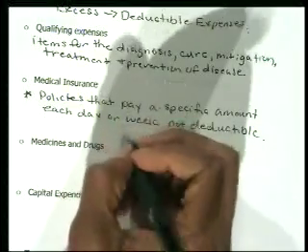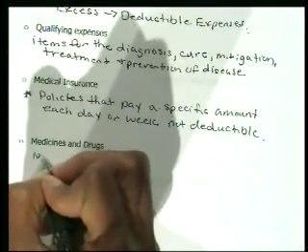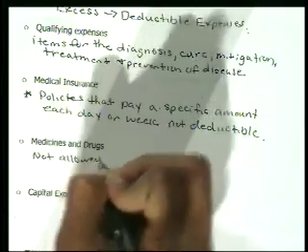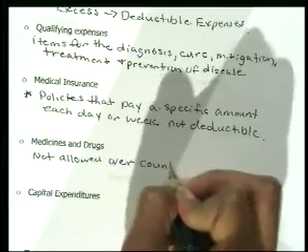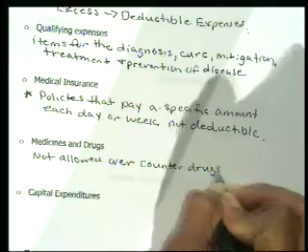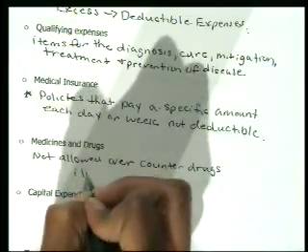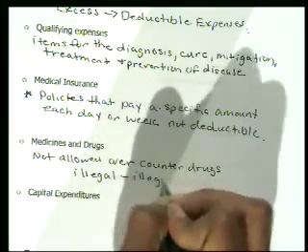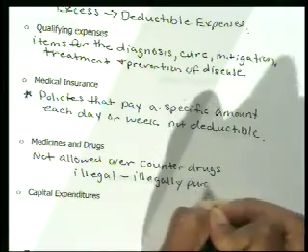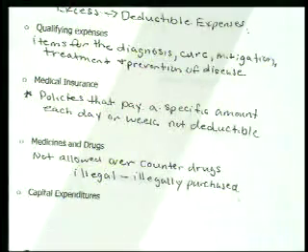Okay? Basically, for medicine and drugs, what we're not going to be allowed are over the counter and illegal drugs, or drugs that are illegally purchased. So if we're purchasing drugs from somewhere else, we're not going to be able to deduct those. If we're purchasing them from across the border, from Canada or wherever, I think the popular place now is to get drugs.